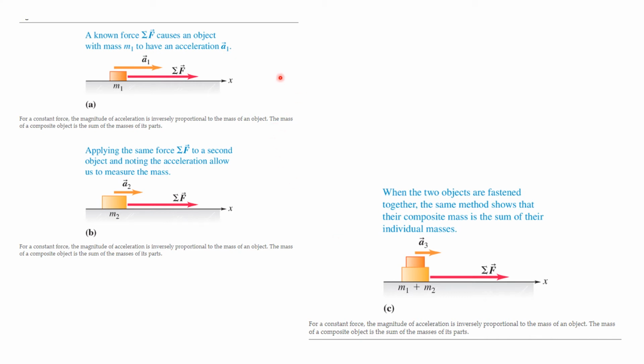And so here we see some more experimental kind of things. A known net force, you see we sum all the forces, causes an object with a mass m1 to have acceleration a1. If we apply the same force to a second object, what will happen is we'll get the same result. Now when two objects are fastened together, this will be m1 and m2, and so you actually get a different acceleration here because we're adding m1 and m2, that's an a3, and here we get an a1 and a2